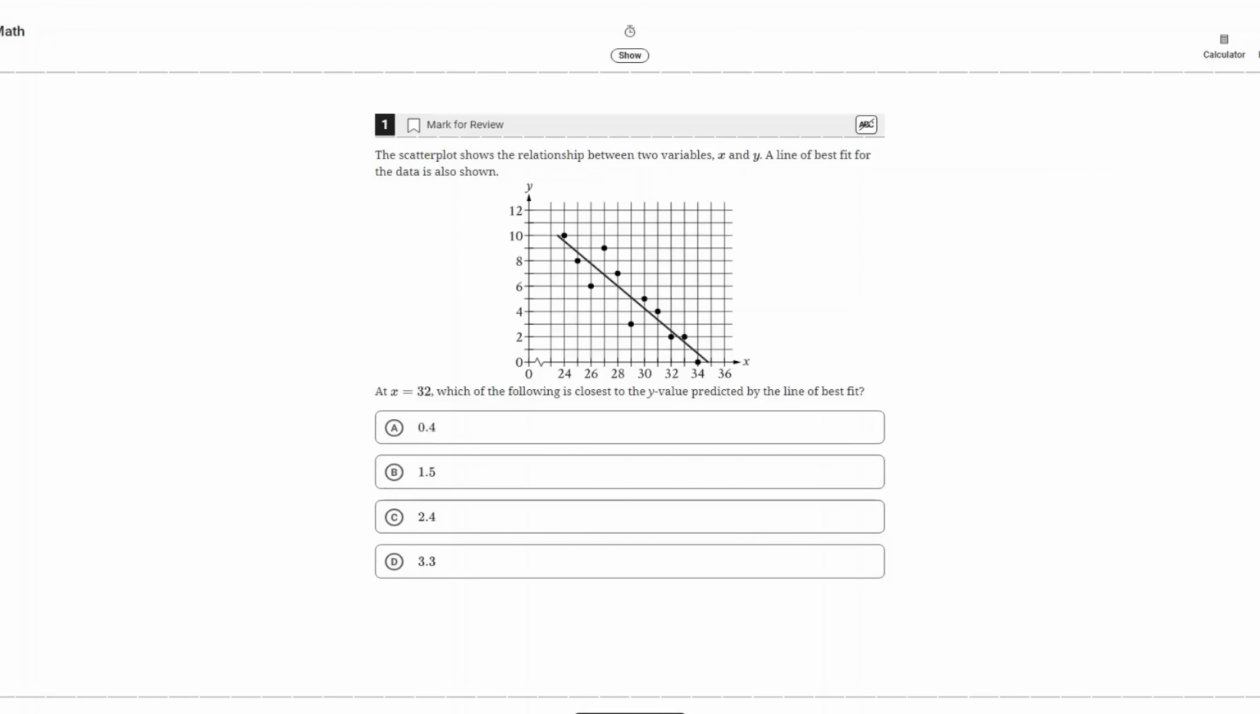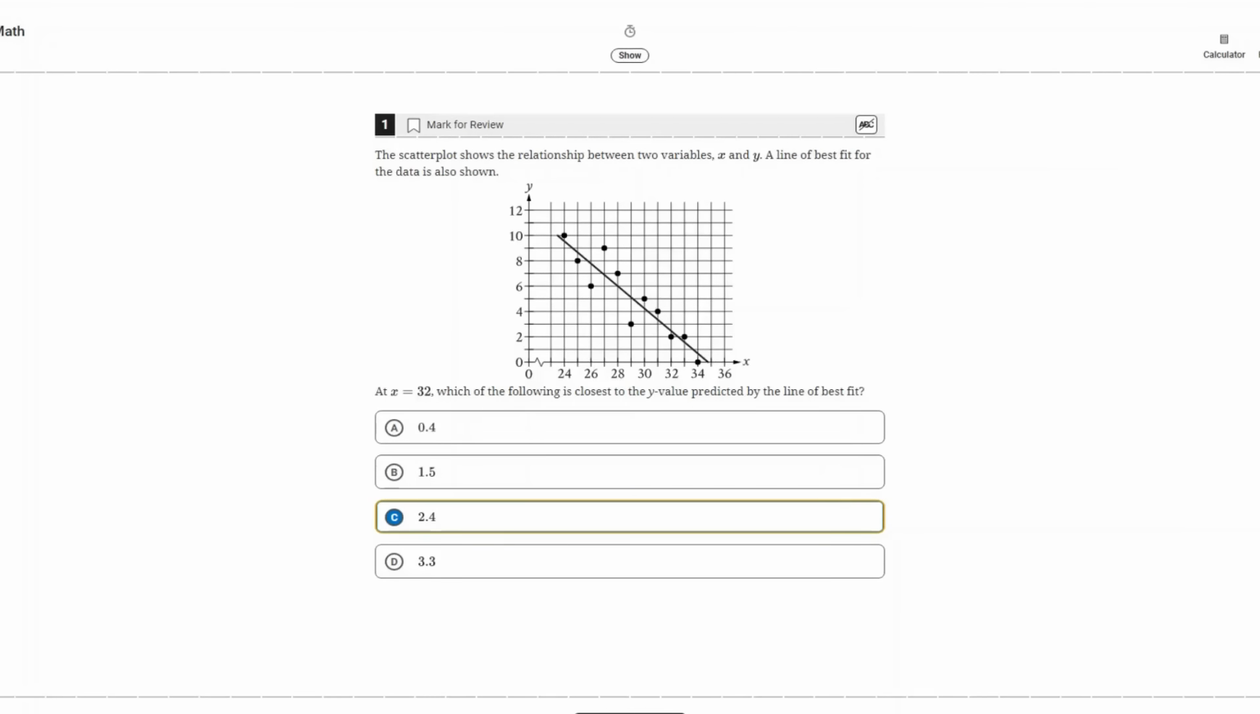Hello everybody, in this video I'm gonna show how to solve digital SAT math questions in a faster and more accurate way. The first one, we have a scatter plot and at x equals 32, which of the following is close to the y value predicted by the line of best fit? So we must find the point on the line. For x equals 32, the point is between 2 and 3. As you can see, it is just between 2 and 3, and we choose the only option between 2 and